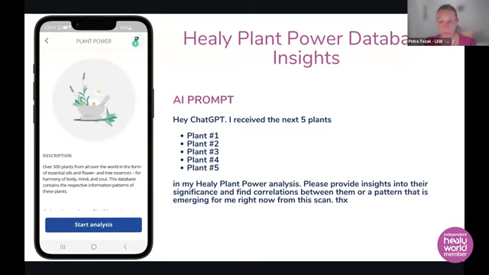You can even ask ChatGPT, what is this plant trying to tell me? What's the story of the plant, if you want to go there? Or the best version would be to actually go into meditation while you reflect on all of this and just ask, which one of those plants is resonating with me the most? And what is this plant trying to tell me? And what is the most important thing that I need to focus on? And just go into that meditation.